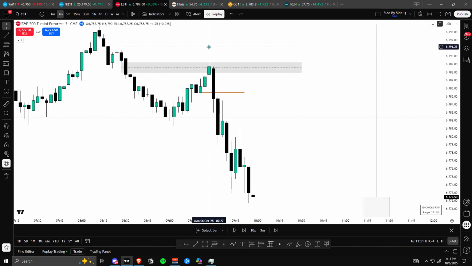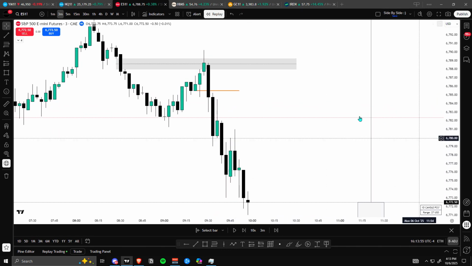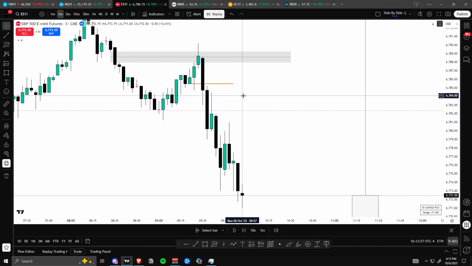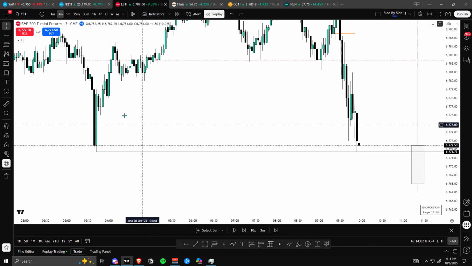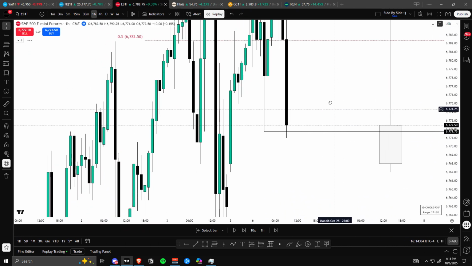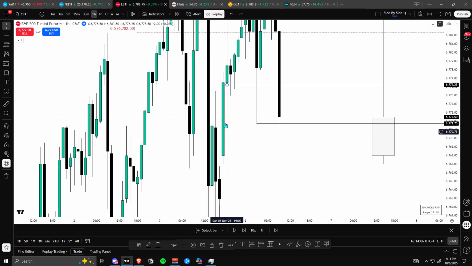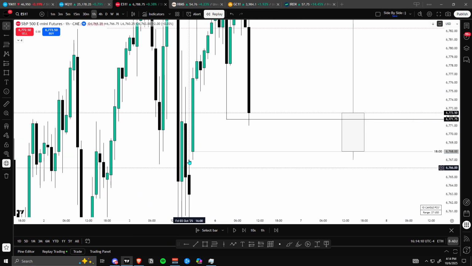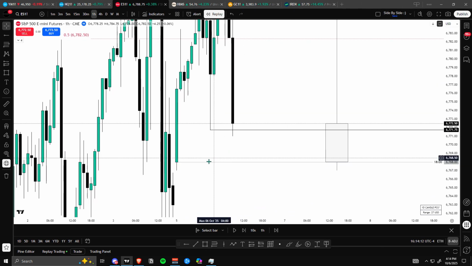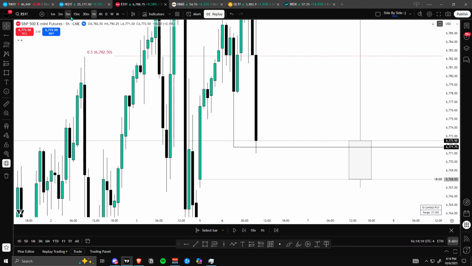You can just short this here, but I typically don't do that, especially since it's so close to the open. What do I wait for? I wait for a continuation signature. So I knew that I had London lows down here. And if we go to the hourly, we have the new day opening price, which is that 18:00 candle, as well as the new week opening gap. But that's not really where my focus was. I was just worried about the new day open or the week open.